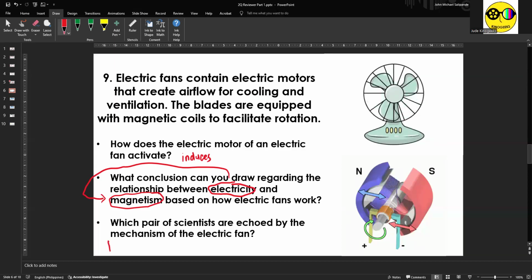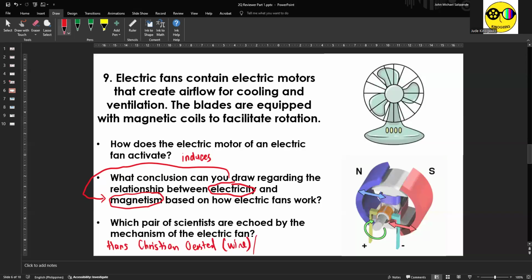First, we have Hans Christian Ørsted. According to him, a current carrying wire will produce electric and magnetic fields. Even though the wire is not actually the most prominent topic here with the electric fans, because at the end of the day, the central topic in this slide is electricity inducing magnetism. But that won't work without the power of the wire. So the first scientist whom this slide is dedicated to is Hans Christian Ørsted.